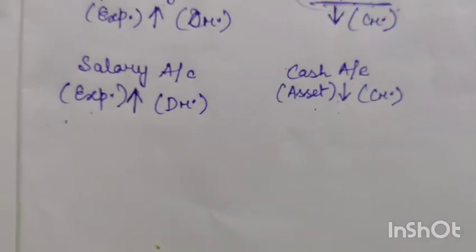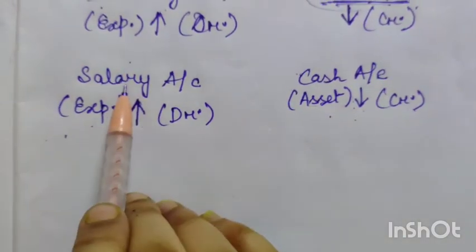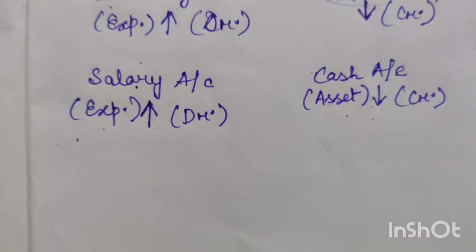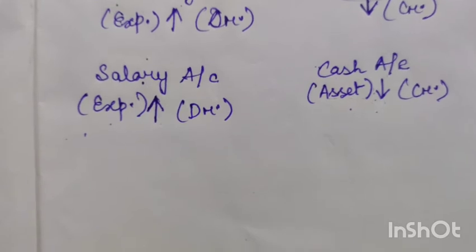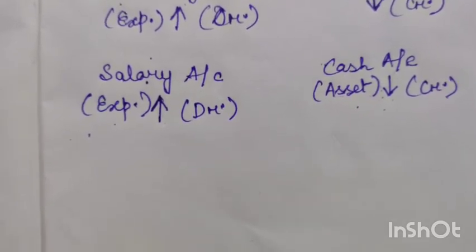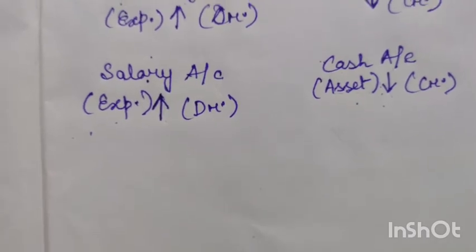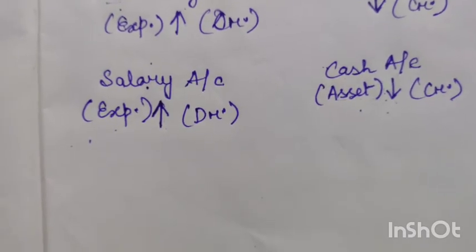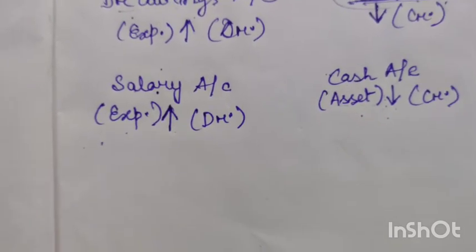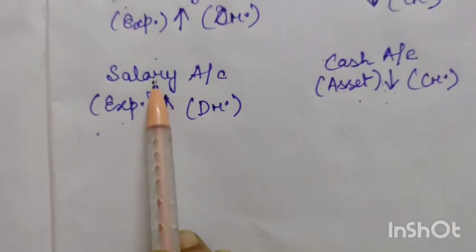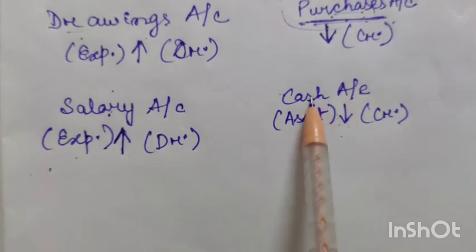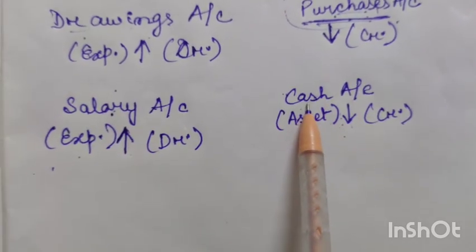So here we can see that since we have paid salary, we will open salary account. Don't open Mr. Sevak Ram account. He is just an employee. You may have more than one employee. Okay, and we can't open employees' account separately. In case it is a debtor or creditor, only in that case we will open that person's account. But for an employee, we can't open that employee's account separately. We will open in general what we have paid them. We have paid them salary, so we will open salary account. And as we are paying in cash, so we will open cash account.